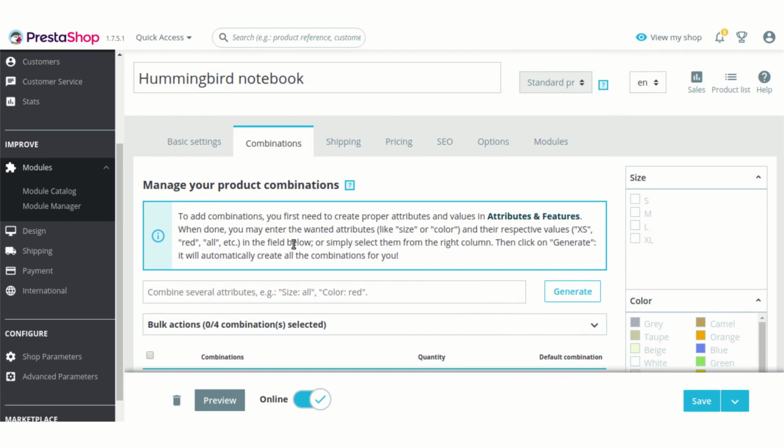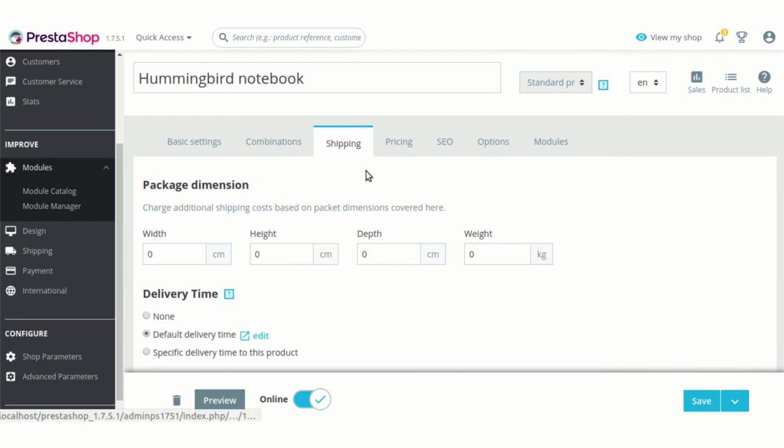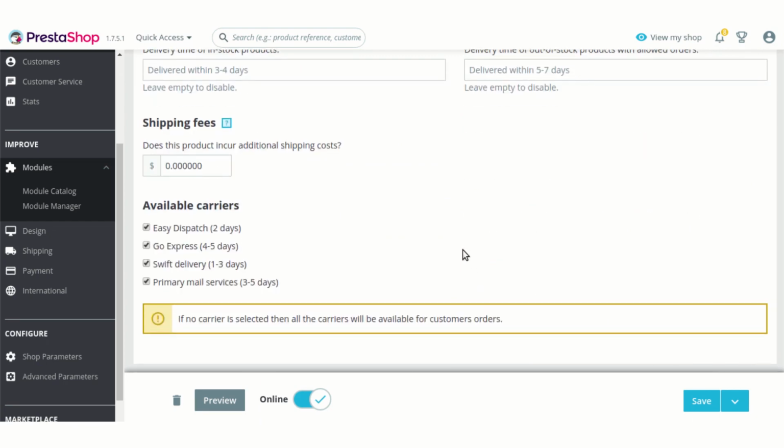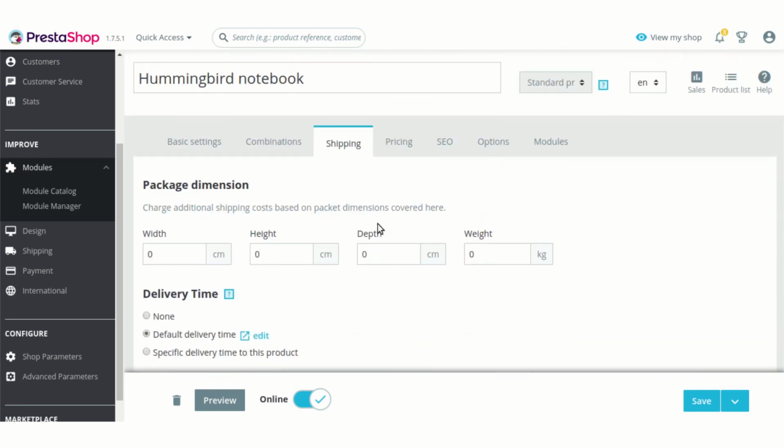Earlier, we used to associate shipping methods from this shipping section. Whatever shipping methods we choose from here will be available for the customers on the front end. Now, I have selected all the 4 carriers from this shipping section for this product.